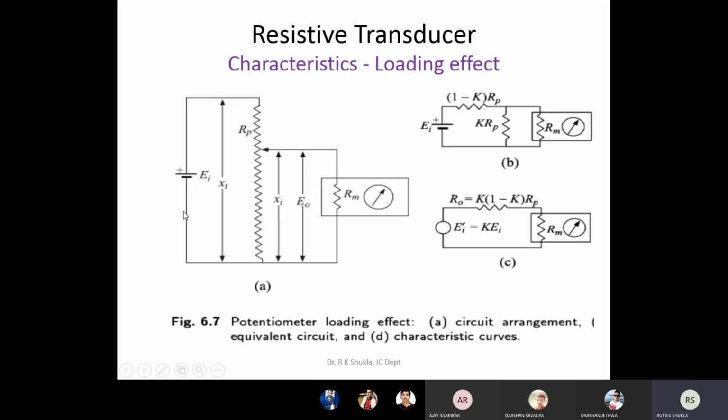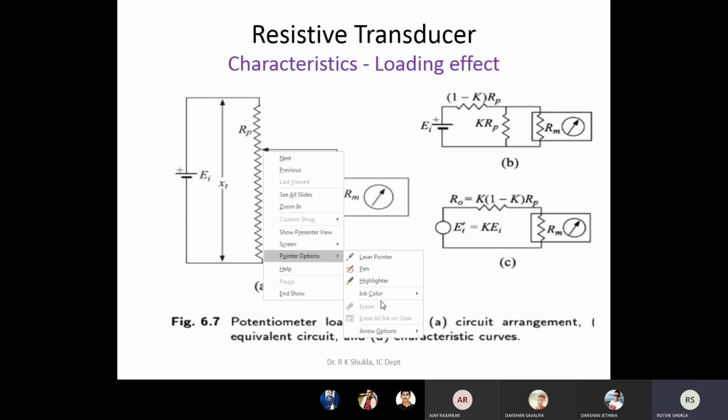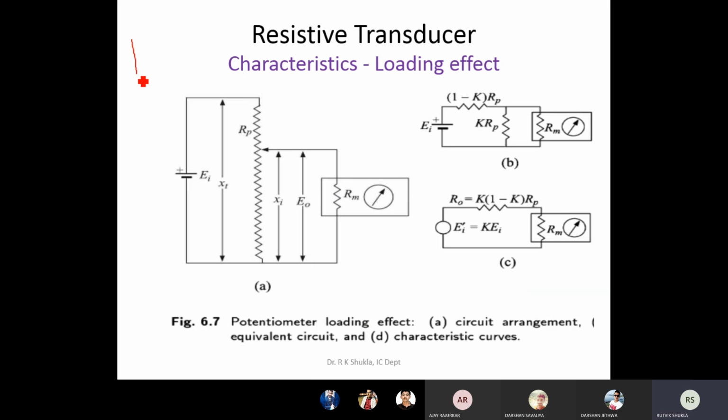In the last class we have seen that ideally the internal resistance of any voltmeter, which we generally call Rm, has to be infinite. It means it has to be very high. Ideally it has to be infinite, but that is not possible, so we need to select an Rm which is very high. But if Rm is non-infinite, which is true in all cases, then how does the value of Rm affect your overall measurement? That is what we want to derive. So for this, we will look at this particular figure.